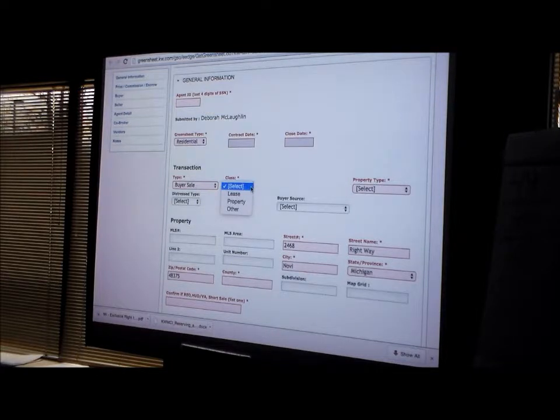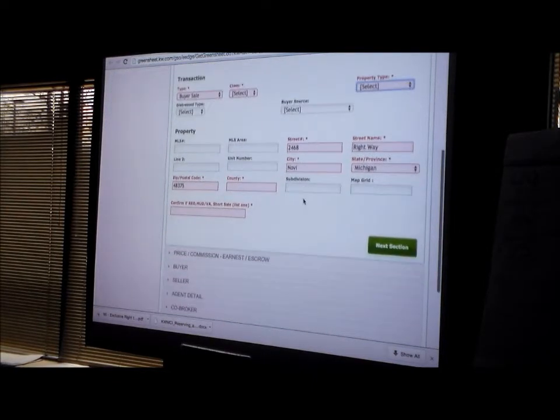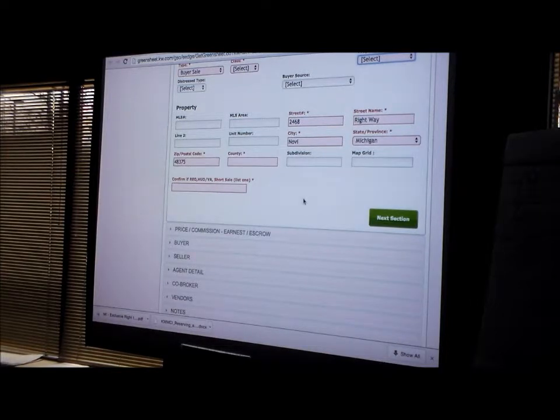If it's a lease, you're picking lease. If it's any other kind of property, it's property. Property type, residential or resale. If it's a brand new home, you're putting that in. This tells them what they need to be aware of for the closing. The MLS number should populate from the green sheet, but you can see it populated what I did put in there. The red boxes are absolutely critical,